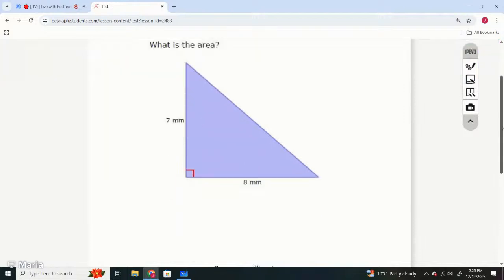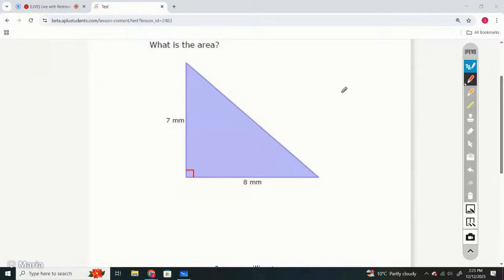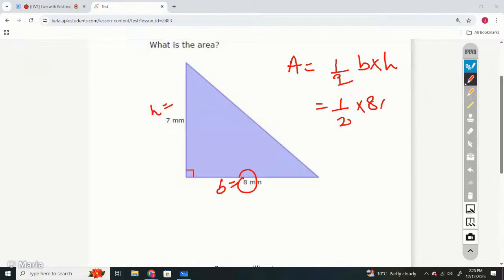So the area of the triangle is half times base times height, right? That is the formula to calculate the area of the triangle. Let's just replace the variables with the values. The base of the triangle is 8. The height of the triangle is 7. So that is 1 half times 8 times 7. So we have to do 2 times 4 is 8, and 7 times 4 is